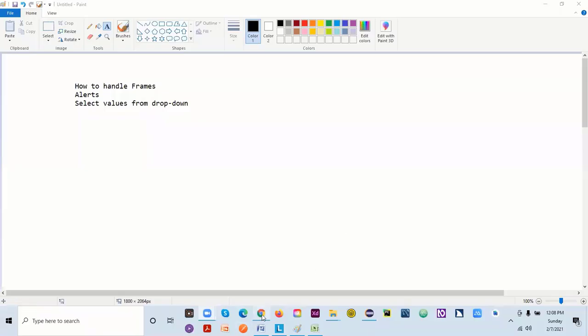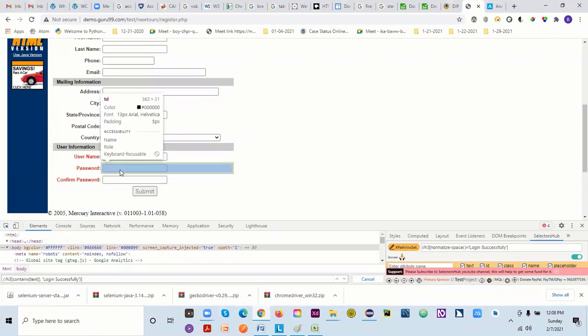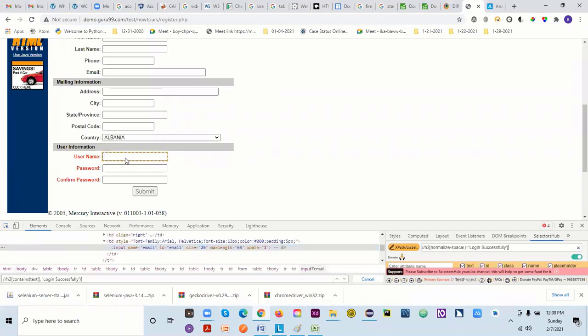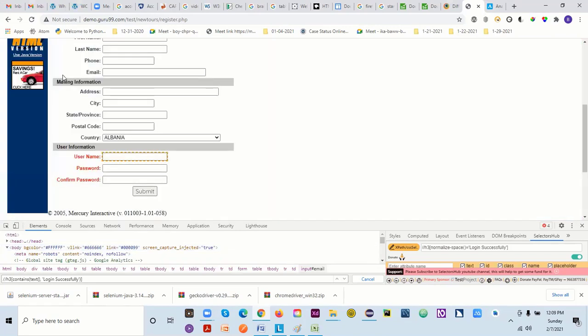All right, so absolute path starts from the beginning. Let's say I want to get the locator for this one. I know this element is coming after many elements, so I need to go through each and every element before I come to this username. I have to use all this from HTML, then head, then body, and under body I'll get this one and this one and this one, like this I have to go.